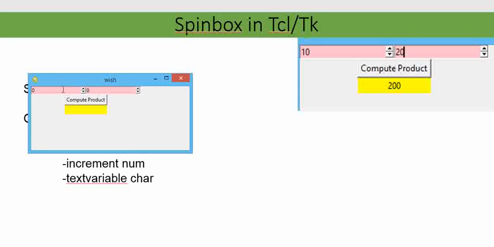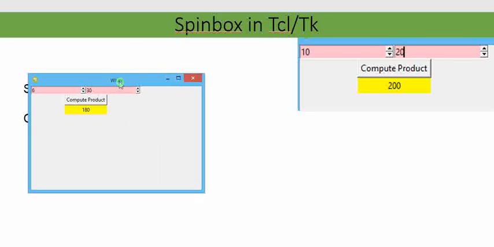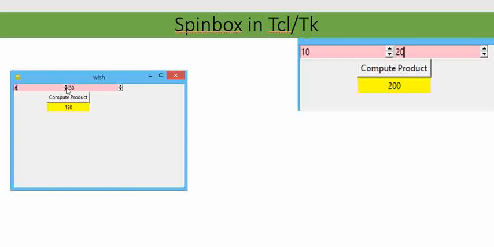Now here we have the default value 0. If I increment it, we can make it go upward or downward. If I click over the button, it will compute the product of the current values. Let's see, sp1 holds the value of x, sp2 holds the value of y. The step size is 2 and the step size is 5. The event is generated over the button by the left click of the mouse.